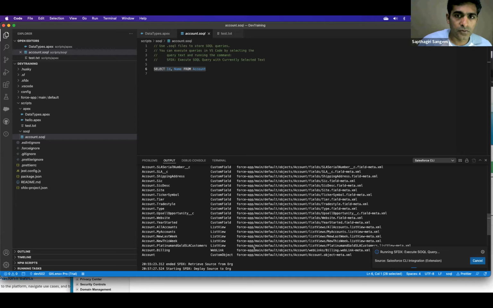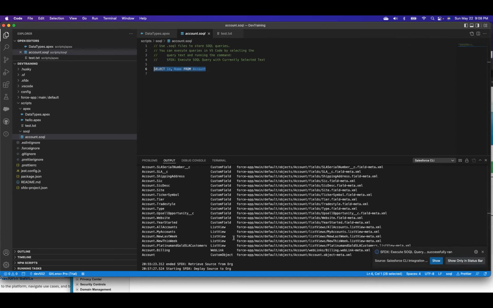To execute, can you once repeat that, Srikanth? Yeah, I will show you multiple ways. So basically, you write the SOQL query, and